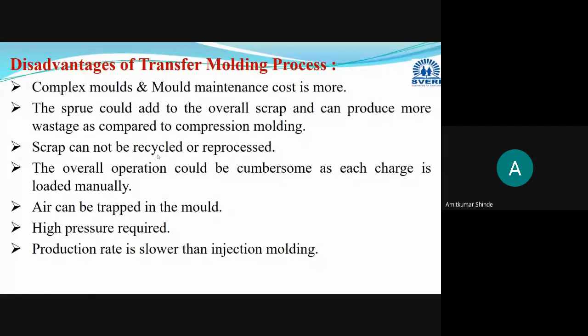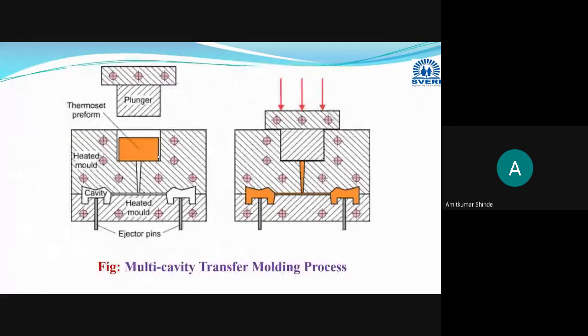Now, as we have provided this sprue arrangement, through the sprue, runners and gates we are transferring the raw material, the thermosetting plastic material, to the cavity. Here wastage of material will be more. Some wastage of material will occur due to the sprue, runners and gates arrangement. Clearly you can see that this is the extra material.